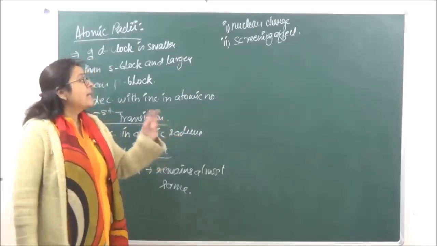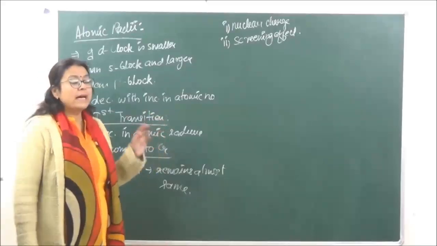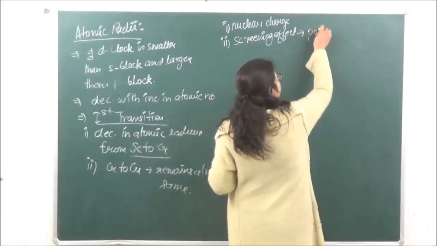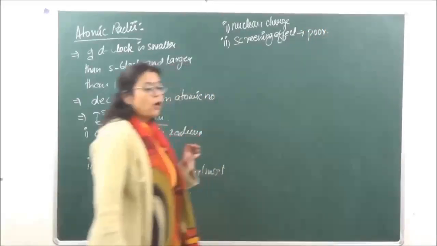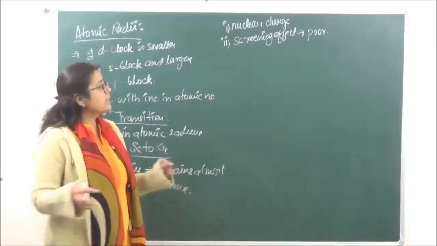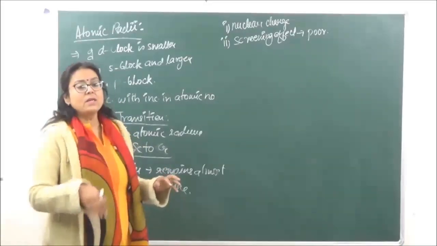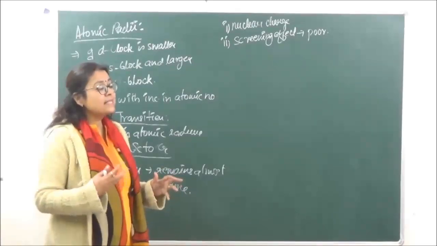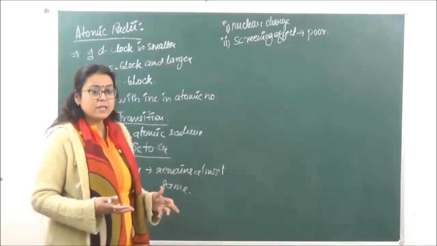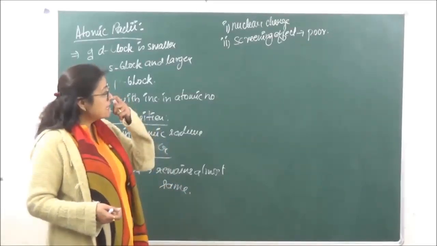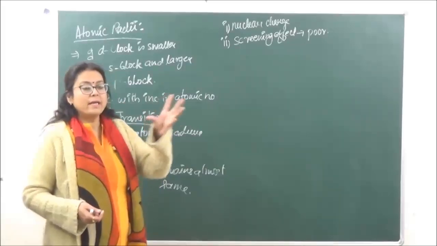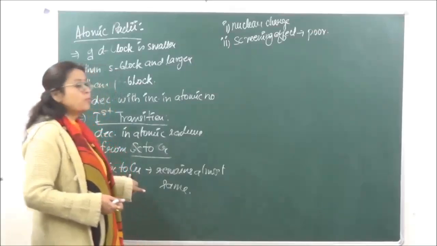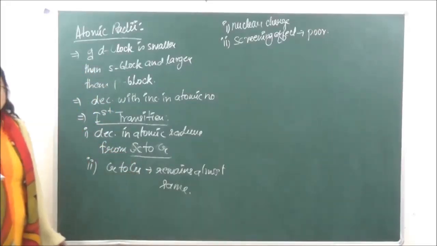Then henceforth we will have from chromium to copper, we keep on putting the electron in the same subshell, as a result of which, as we know that the d blocks, they have poor screening effect. Because of this poor screening effect, as the electrons they are being added, the outermost shells, they are not screened by the nucleus as you can say effectively as they should. Okay, तो उसकी वजह से क्या होता है कि outermost electron जो है that will be pulled inwards, as a result of which the size from chromium to copper that almost remains the same.